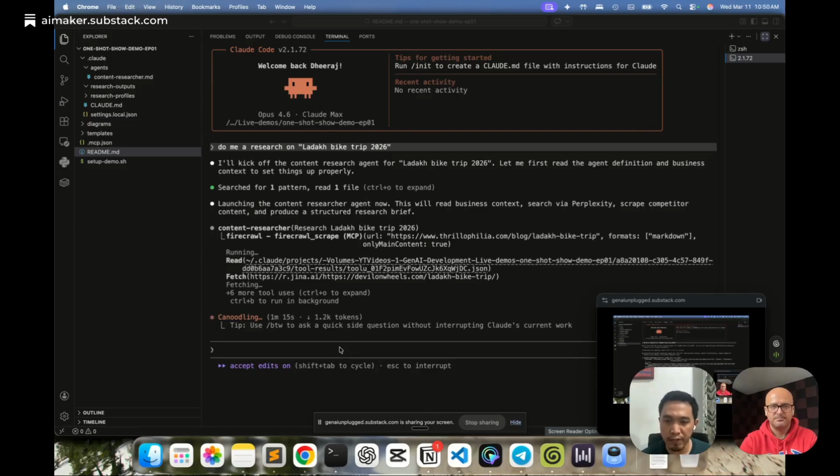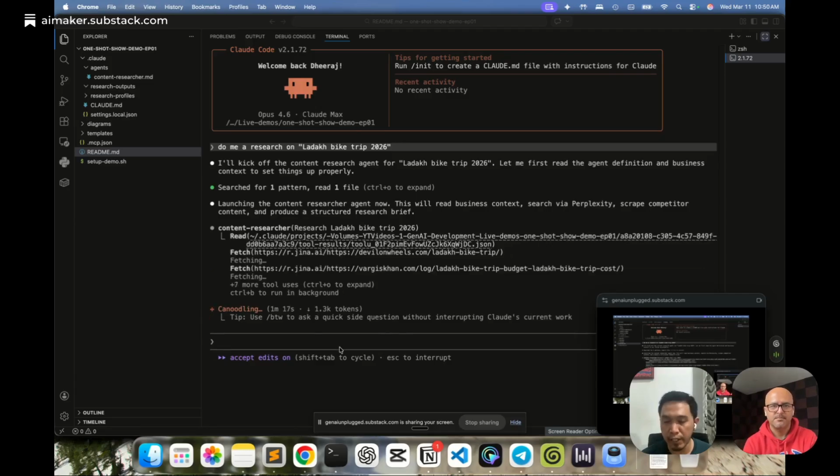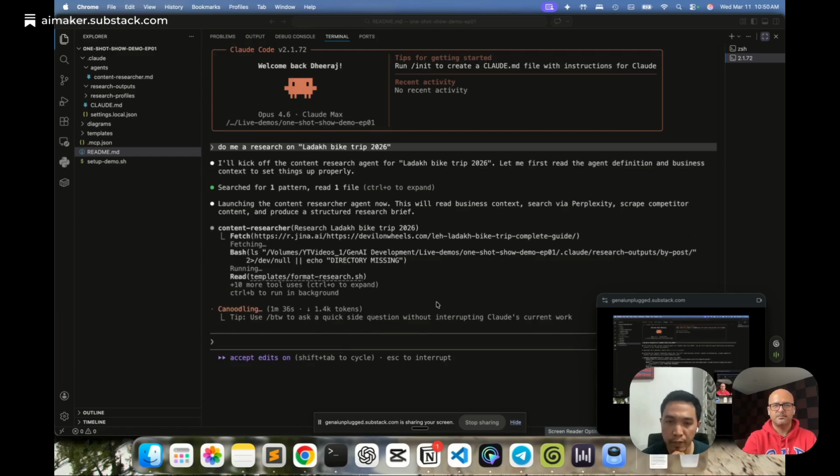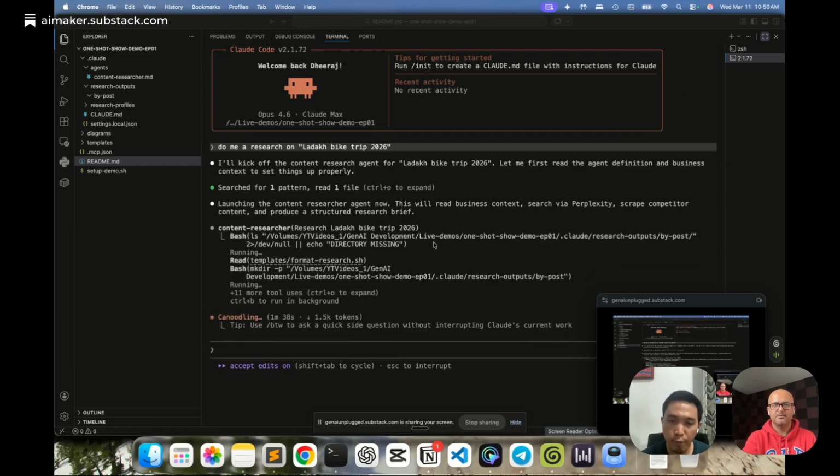But because the agent already knows your business context and reads your files, you can just tell your intent without going deep into instructions. It will make its own reasoning and its own execution to read the files, based on what we explained earlier, and then it will execute and give you the outputs.